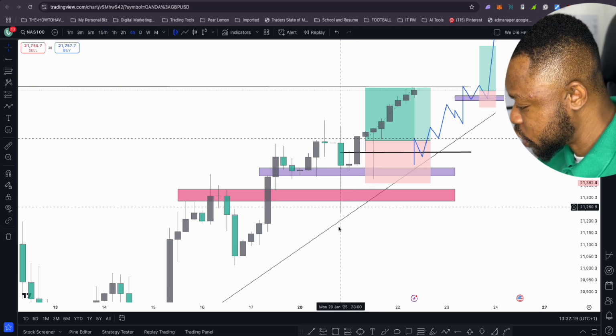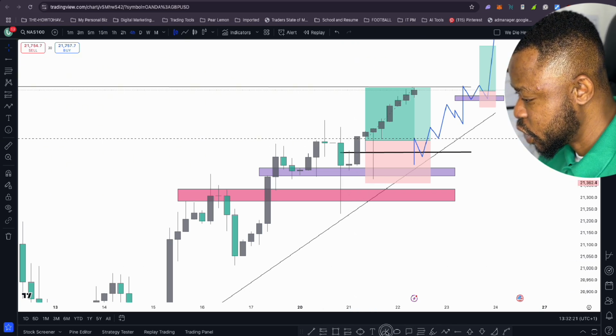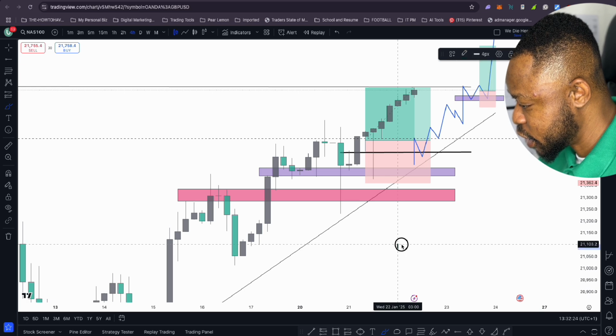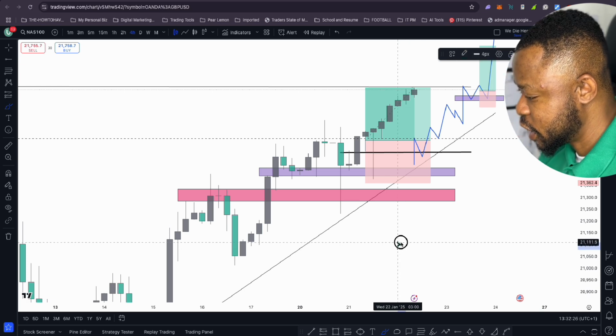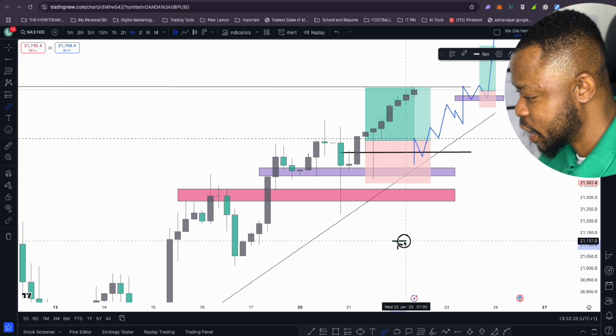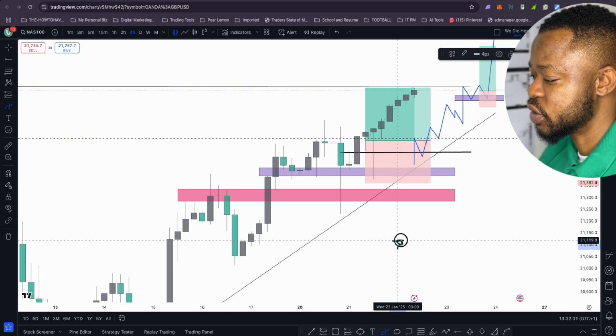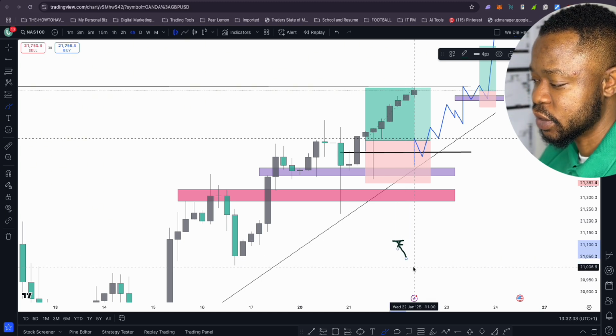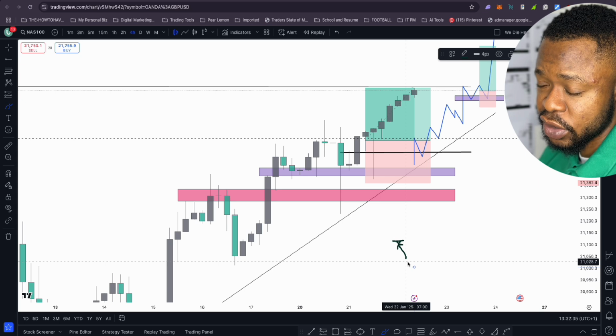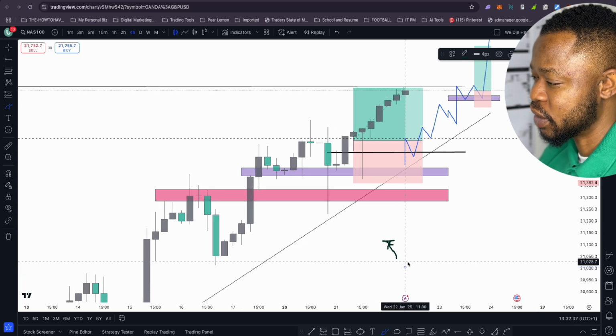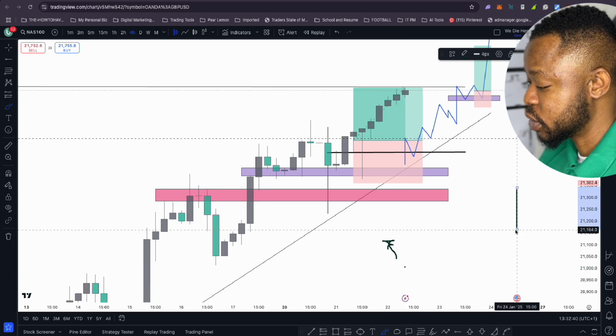Sometimes you could see price do this. You could see price start printing, then you decide to buy here, and before the close of the candle, you see price will end up looking like this, closing all the way to the bottom. And that's a very, very bad thing to do,